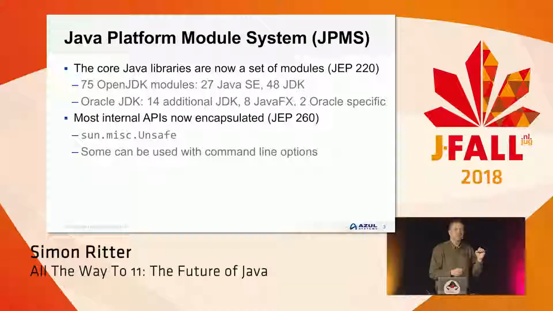But the other thing that the designers of the modularity system did, and this is the thing that has much more impact when we're migrating applications from JDK 8 or earlier to JDK 9 or later, is the concept of encapsulating internal APIs. If you look at rt.jar, 4,500 public APIs, but there's a lot of classes in there as well which are not intended to be used by the average developer. They're there to make the public APIs work. Now, the most famous or infamous of these is sun.misc.Unsafe.